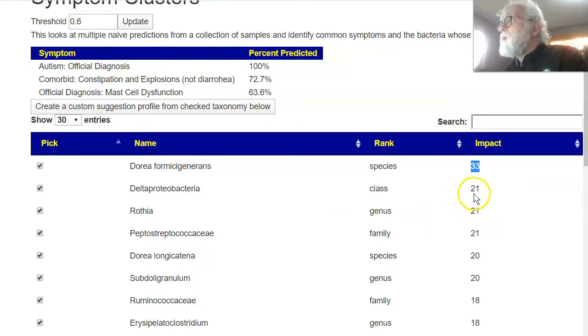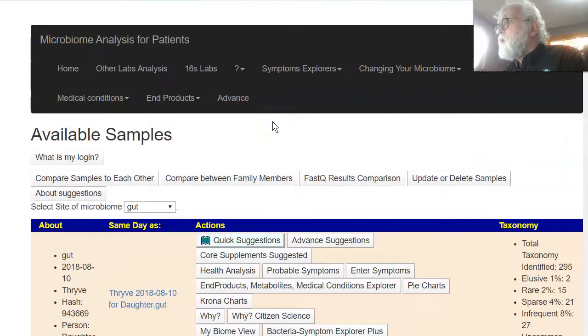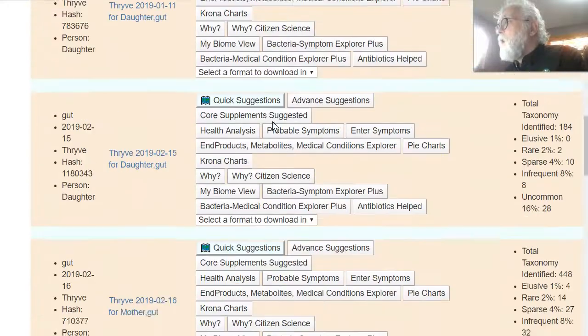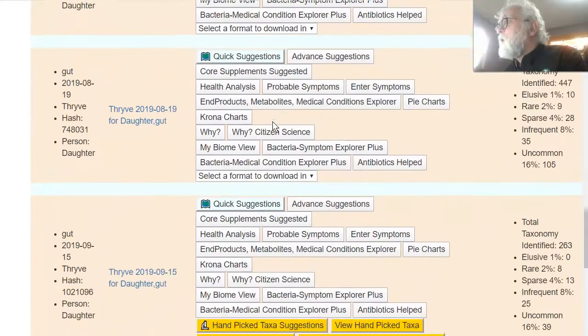21 means that again we have 11 samples. That means probably two-thirds of the three items here we have a matchup. Another two of the three, another two of the three. Again, these are the bacteria which really match up often with the predicted symptoms. We just go here and click, which takes us back to the page, and now if you scroll down you will find somewhere on the list